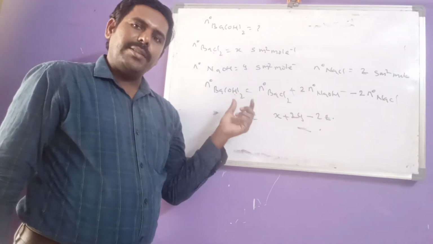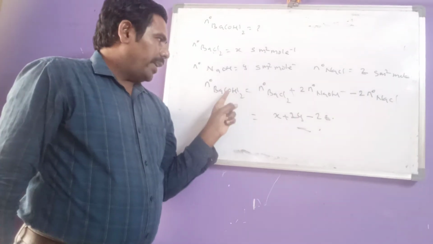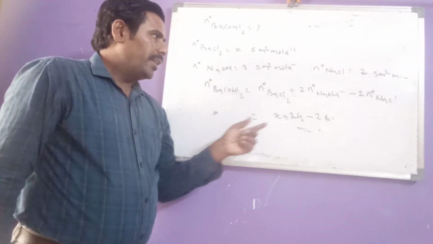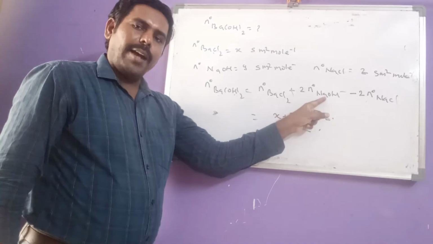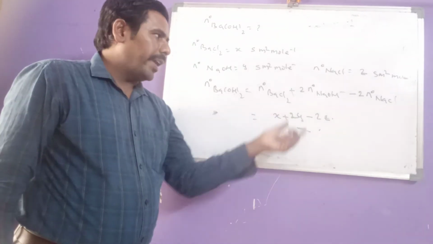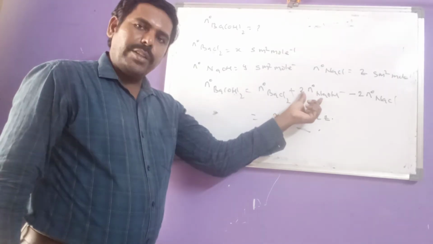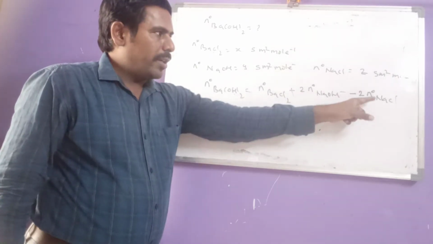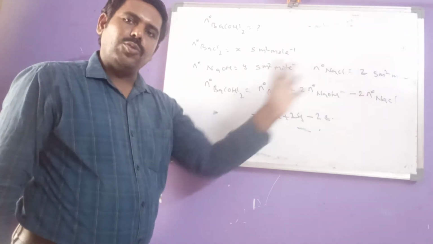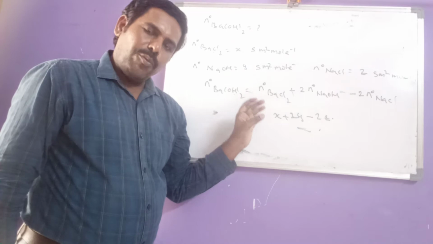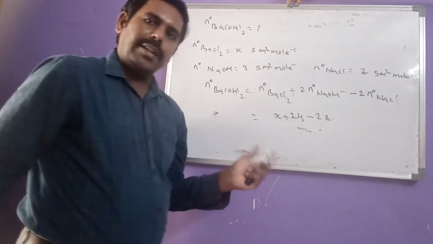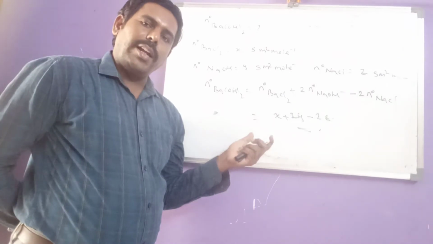That means what is this question indicating? In the compound, if two OH groups are present, we need to multiply this Λ° NaOH with 2. And in the same way, we need to remove these two Na+ ions. So here Λ° NaCl also should be multiplied with 2. So this is the thing we have to learn from this question. Okay, these are some general examples for Kohlrausch law.